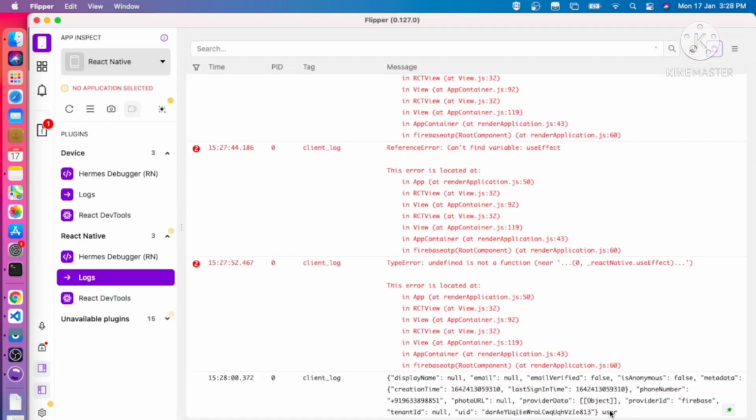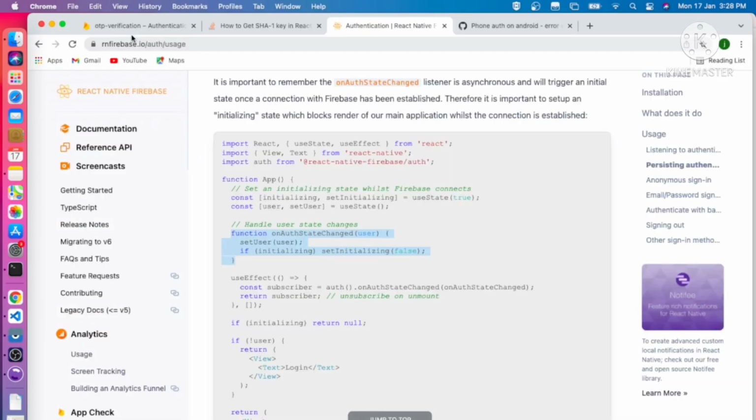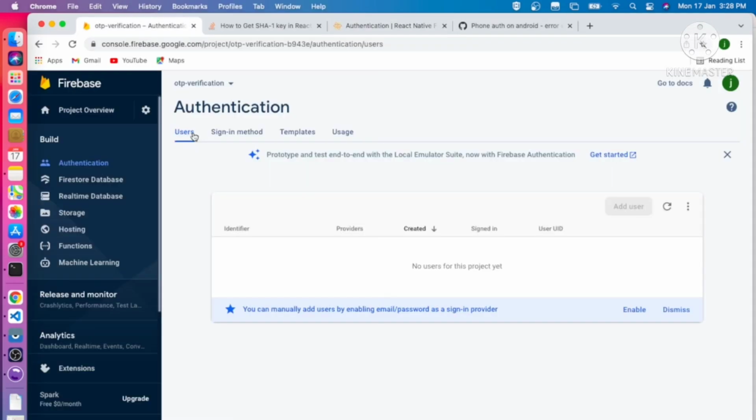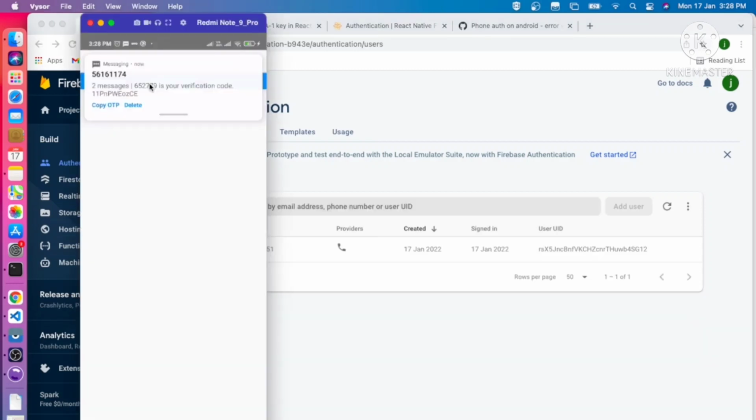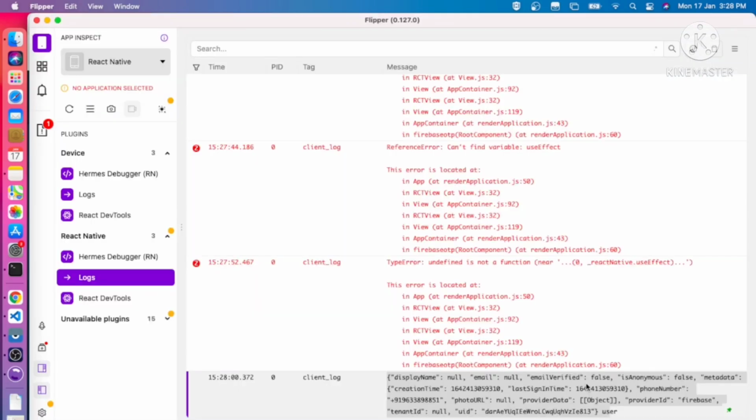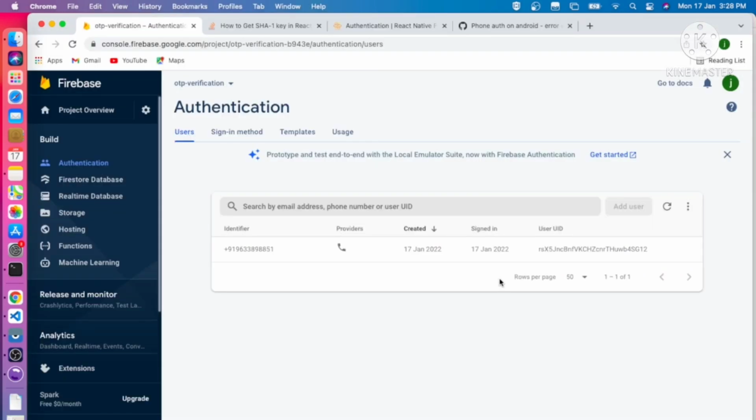Yes, you can see we are receiving the user detail, which is already verified in the background. You can go to the Firebase section here. If you just refresh this one, you can see the message has still only just arrived. Before the message, we had received the user detail, because it was verified in the background itself. So you can see the detail also in the Firebase console.